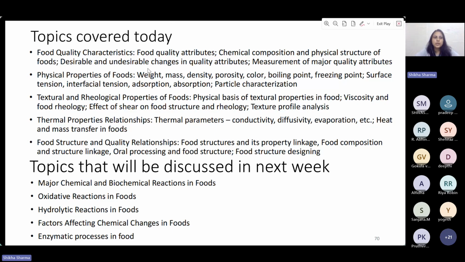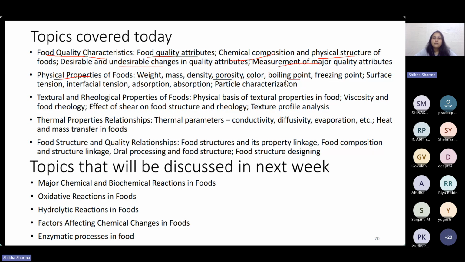We already discussed today the food properties and food quality characteristics: food quality attributes, the chemical composition, the physical structure of the food, the desirable and undesirable attributes in the food, and how we can measure them. Maybe we can measure moisture using the Karl Fischer method, and texture using the texture analyzer, or the rheometers to measure rheological properties. And then we discussed the physical properties like porosity, color, like L star, a star,